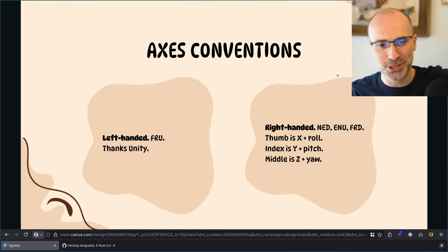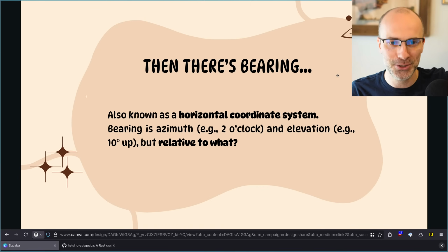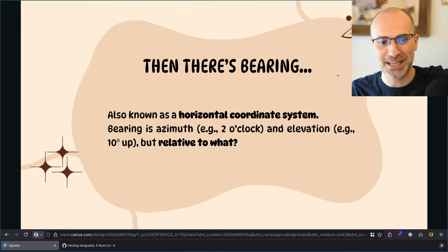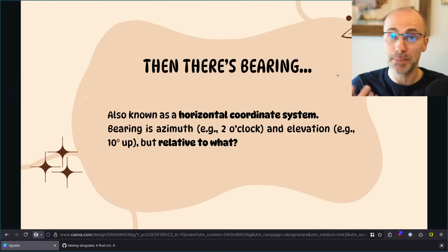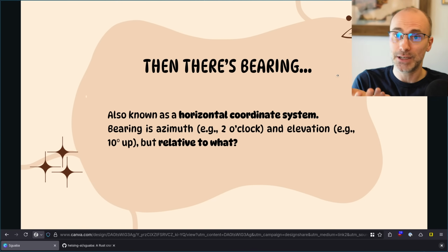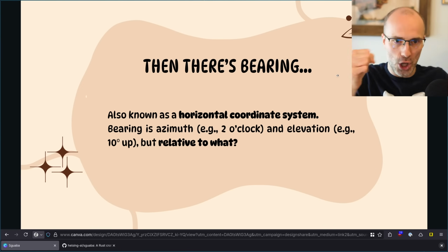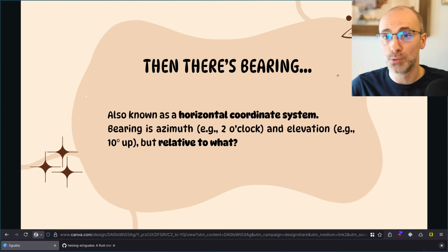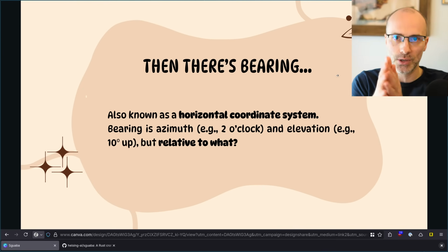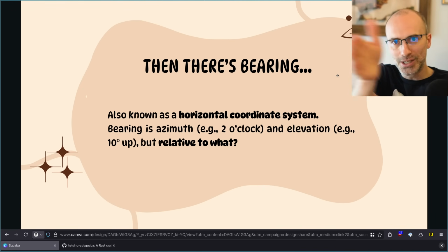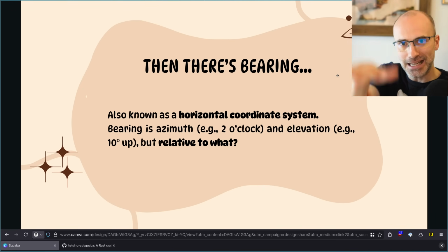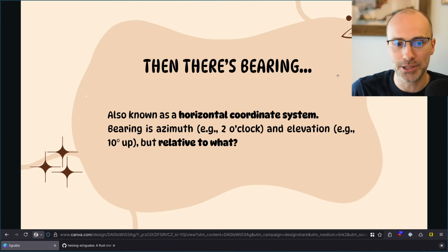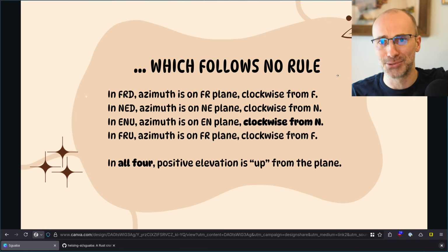Okay, and then there's axes conventions, which we're going to ignore for now because they're not that relevant to what we're going to do. And then there's bearings, which we will actually get to, but enough to say about bearings. The bearings are things like azimuth and elevation. So at 2 o'clock would be an azimuth. So it's a rotation along your forward plane, and elevation, which is up from your forward plane. You can also do bearing in compass directions, right? So you could do 60 degrees from north and 10 degrees up. That's also a totally valid bearing. And there's all sorts of reasons why bearings are really complicated. I think the talk is going to be posted at some point, so if you're curious, you'll get to that.